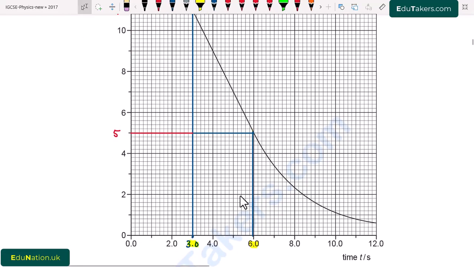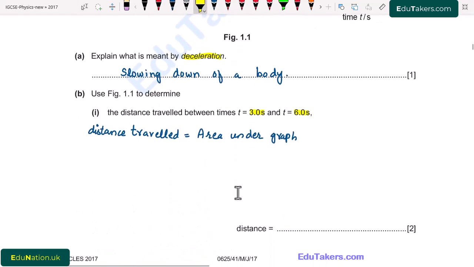So basically there is a triangle, that is this region. I label this as region 1, while there is a second region which is a rectangle. So it is this one. And we have to find out the area of both of these regions. So the total area will be equal to the sum of area first plus area second. I write here it will be equal to area 1 plus area 2.